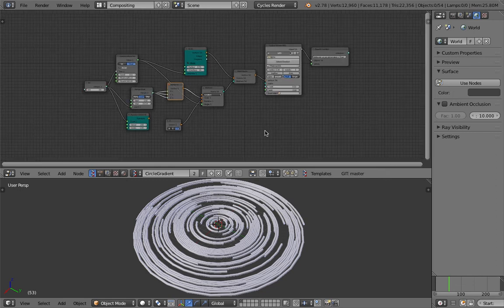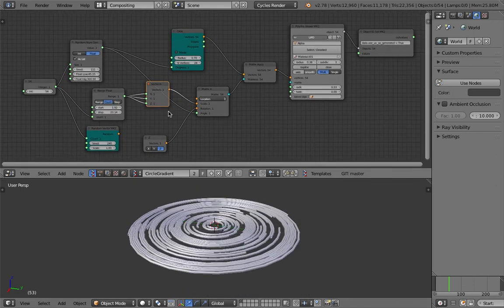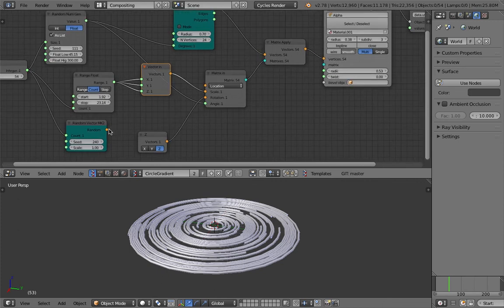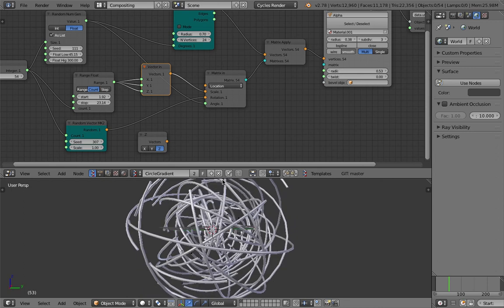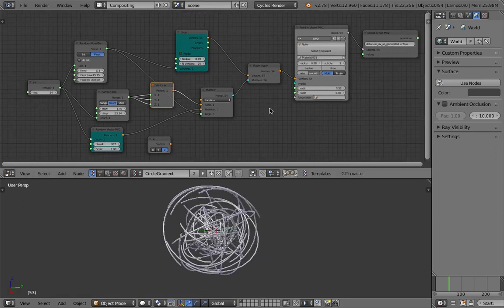But yeah, these are just some examples that you can easily take apart and study and make modifications. So yeah, enjoy the tool, and I'll